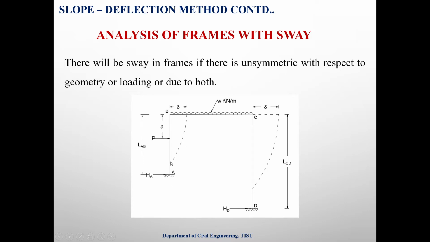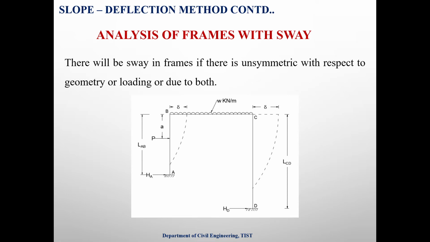when you write the slope deflection equation and the joint equilibrium equation, θA is equal to 0 since A is fixed, θD is equal to 0 since D is fixed, then θB is there and θC is there, and since there is a sway in this frame, that means delta is also there. That means we are having three unknowns. One is θB, one is θC, and one is delta. In order to solve these three unknowns, we should find out three equations.